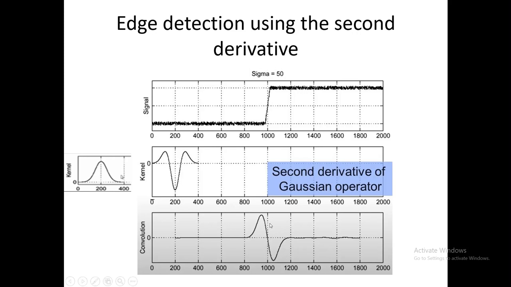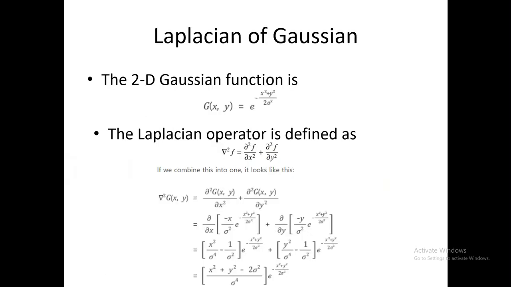This is the zero crossing, and this will tell us where the edge is located, and it's in 1D. Now when we talk about this in 2D, we have the 2D function here, where g(x, y) gives the x and y direction, and sigma gives the standard deviation,